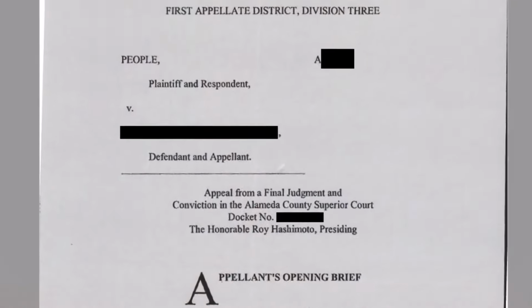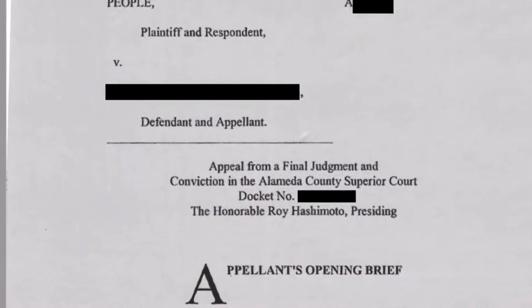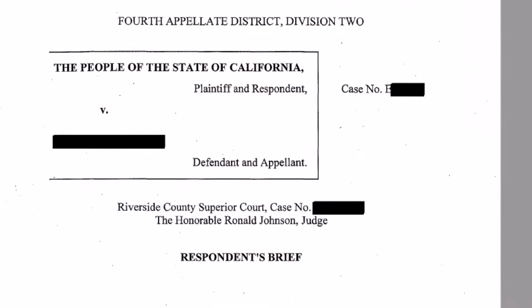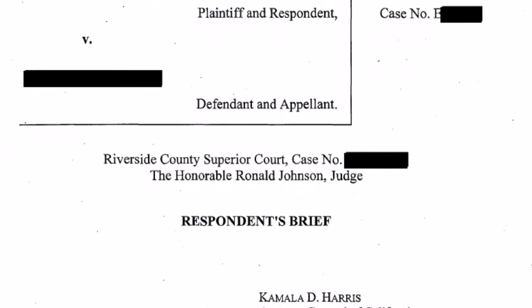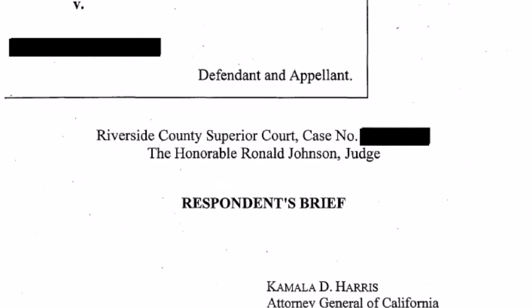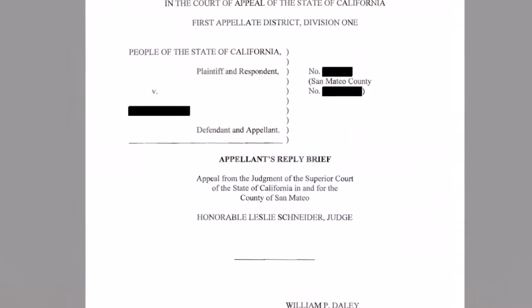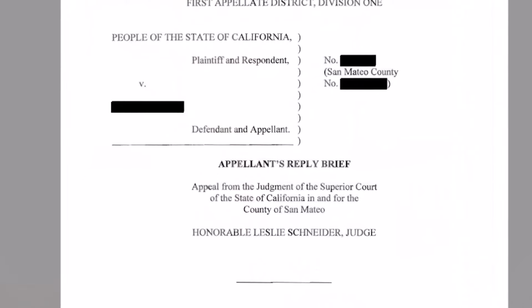Once the complete record is on file with the Court of Appeals, the opening brief is prepared and filed. This is the key document in an appeal. It persuasively sets forth the issues on appeal, supported by arguments and legal authority, along with succinct factual and procedural summaries of the case. The prosecution then has an opportunity to file a respondent's brief that addresses the issues raised in the defendant's opening brief. After reviewing the respondent's brief, your attorney can file a reply brief to rebut the prosecution's argument.